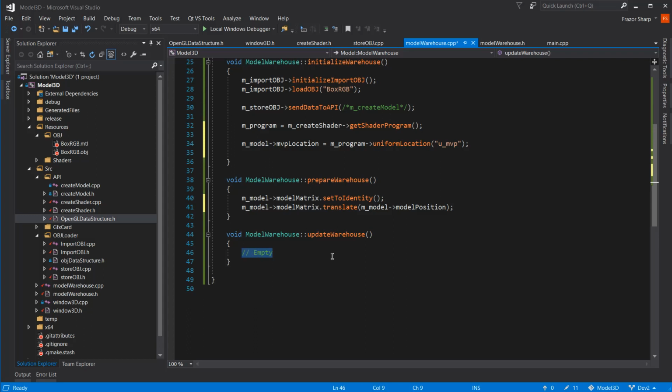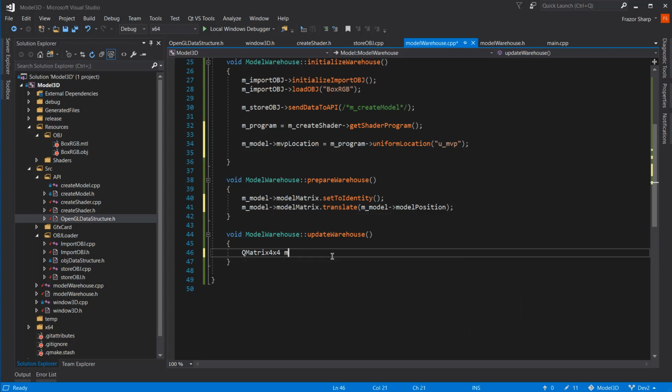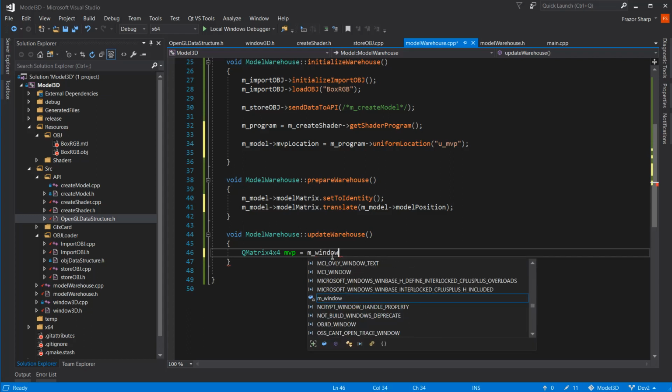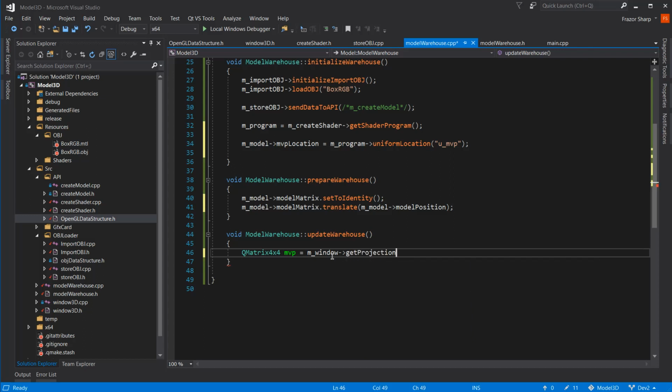And in the update, we would have Q matrix. And it would be for x4 MVP equals or window dot, let's try this again. m_window dot get MVP's last, so it's projection first times, you have to do it in reverse,